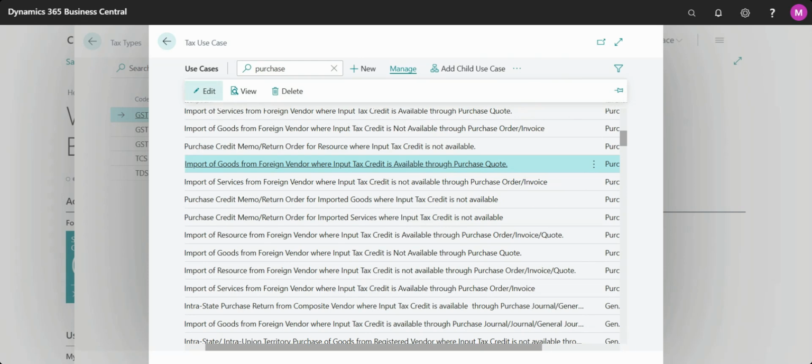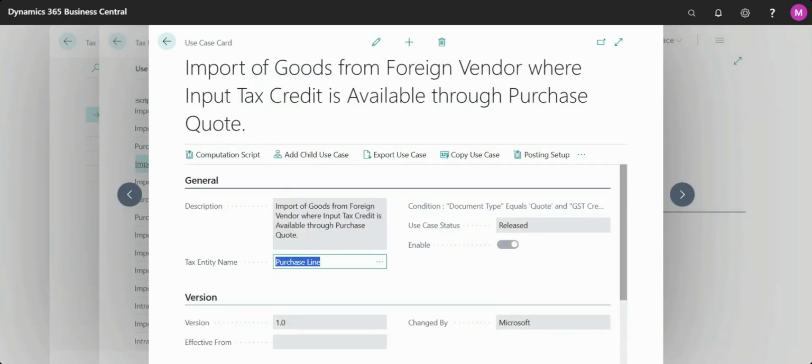So I don't want to edit anything, but I want to copy the case if I want to create my own scenario. So this is the case: import of goods from foreign vendor where input tax credit is available through purchase order. So if I want to use and copy this scenario to create my own, I can use it. You can copy this use case to use it in other documents,